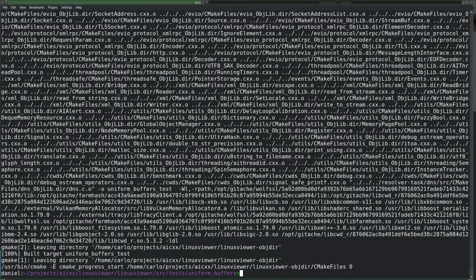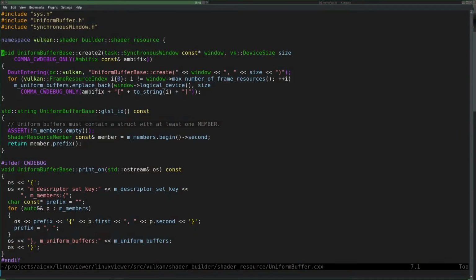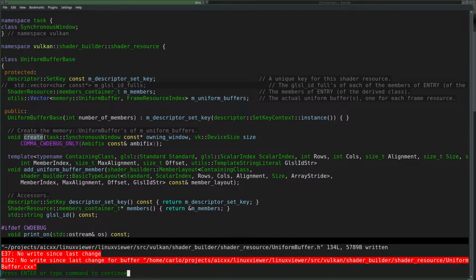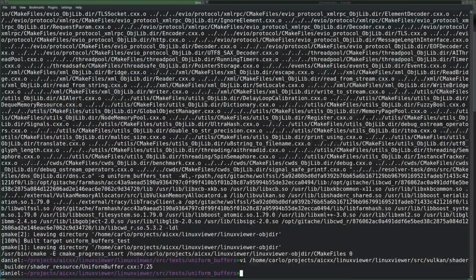So if I were to forget that, I'm going to rename this back. If you forget to call UniformBuffer_create, then we crash where we crash now, which was